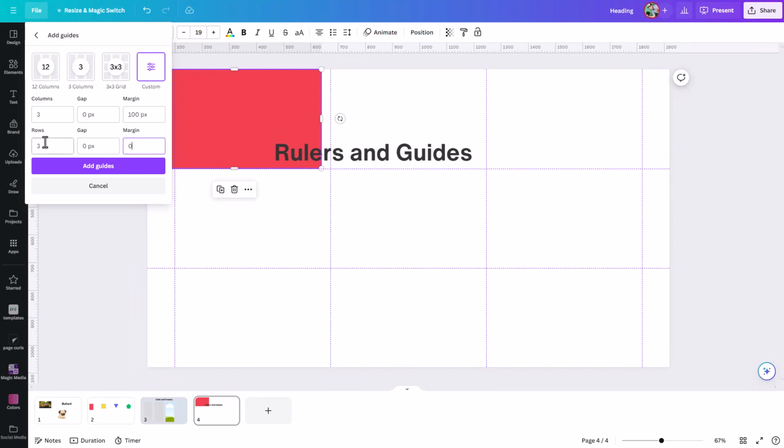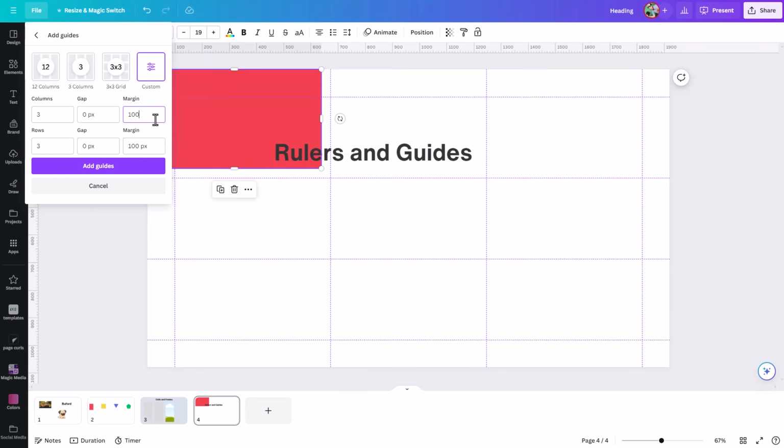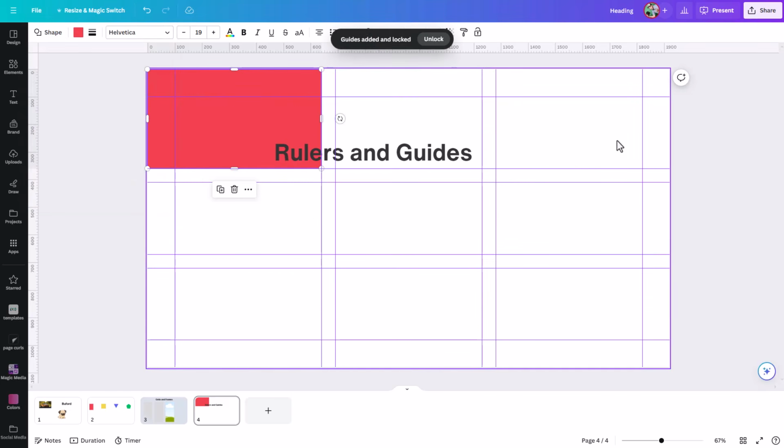Maybe I want that on the top and the bottom as well. So I could go and add a 100 pixel margin on the top and the bottom. Now that's on the sides, the top and the bottom. But if we want stuff to actually appear in between our rows, so imagine you have text that might go all the way to the edge of your row, and then you don't want to have text really on the other side of that row. You want to have a space in between, sort of a gap. So you come in here and let's say, hey, we want a 50 pixel gap in between our rows and columns. Okay, so I'm going to go ahead and apply all of this and add guides,